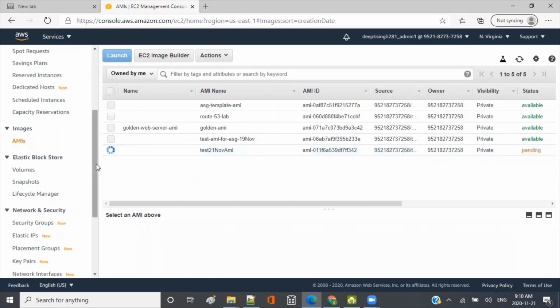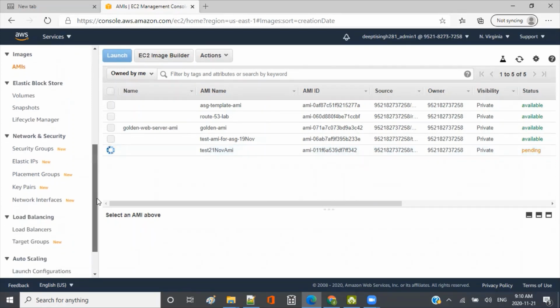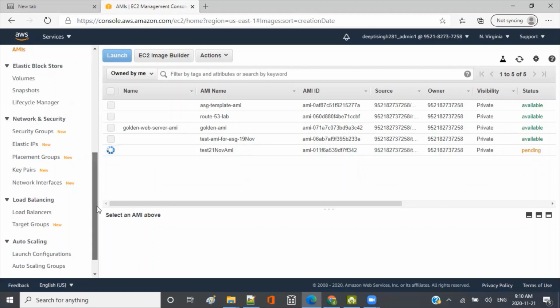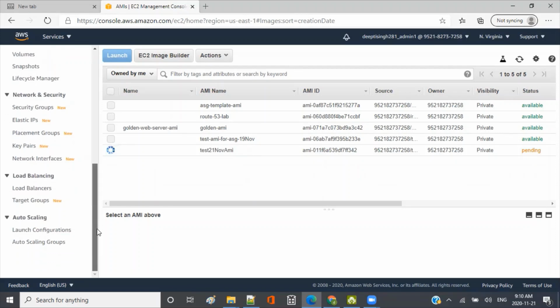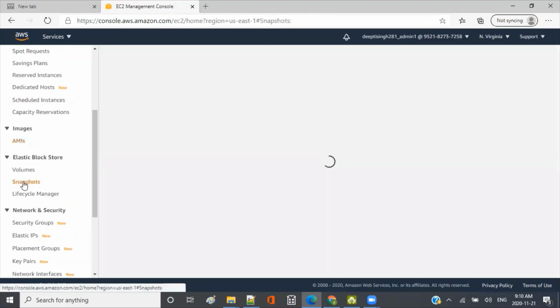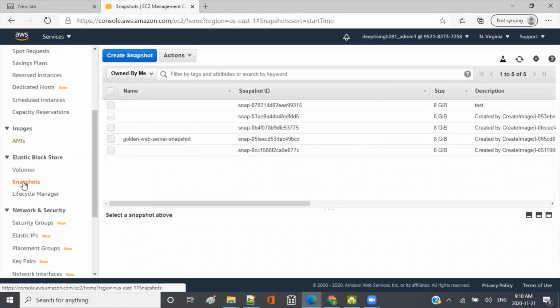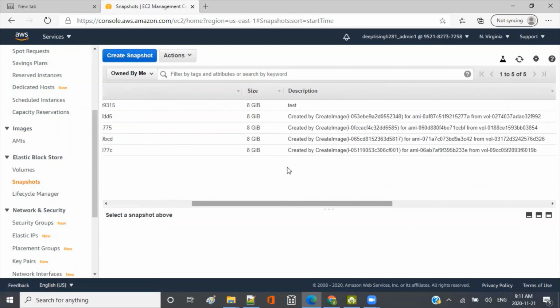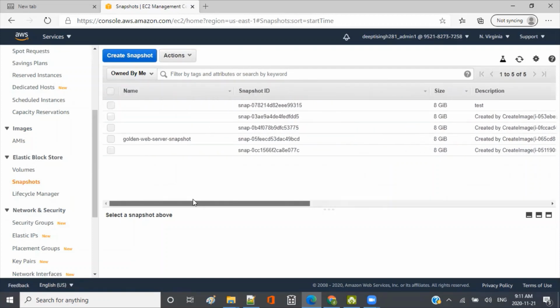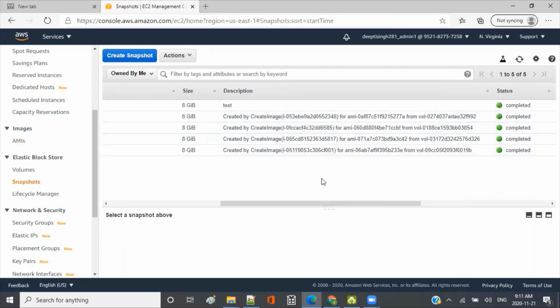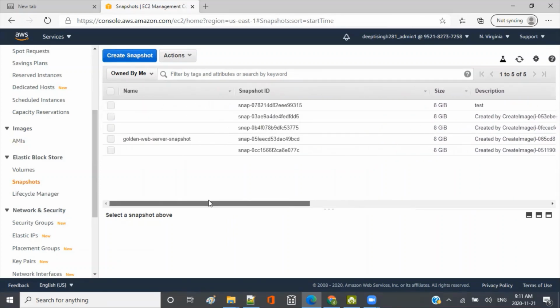Okay, this is the AMI, but if I go to the snapshots here, we have some snapshots. The first one was created manually by myself, but the rest, if you see, were created by create image, because when you create the image, it automatically creates a snapshot for that.